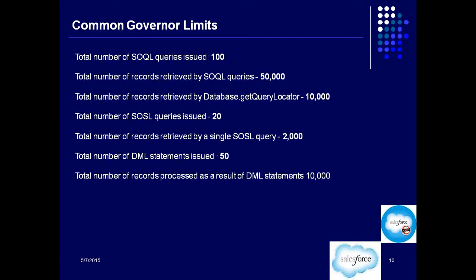If it returns more than 2000 records, it will throw an error. We'll talk about some best practices so that we can avoid these things. There is no way you can return more than 2000 records using an SOSL query. We have to work around it, or write the code in a different way so that we are not returning more than 2000.